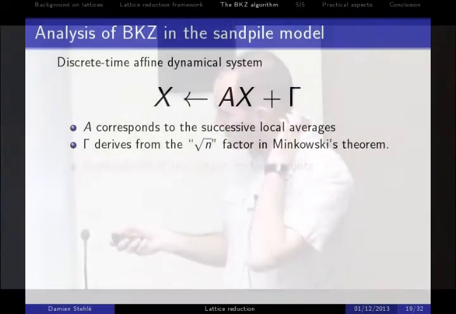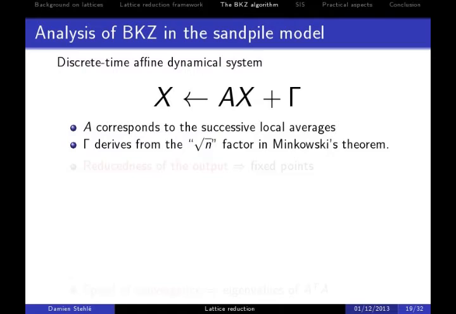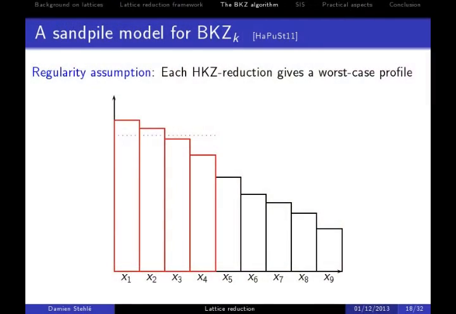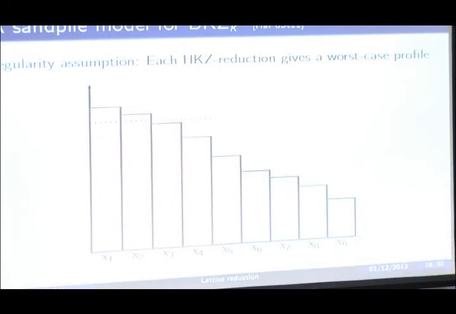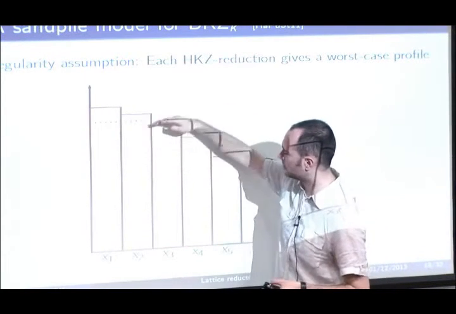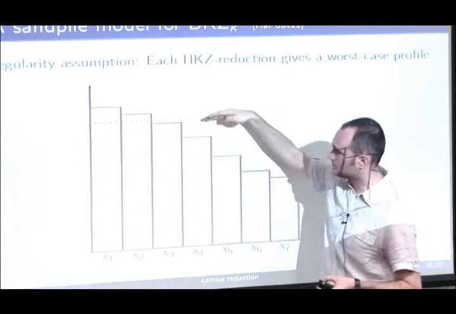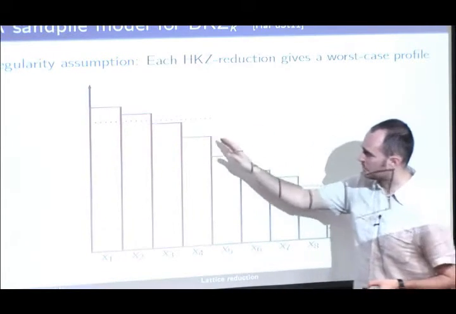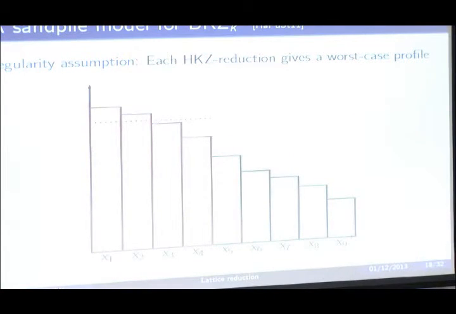Okay, so let's analyze this. In fact, if you look at what a tour means, a tour applied to the x's is an affine transformation on the vector of the x's. So what is this affine transformation? Every time I do an average of x's, I multiply the x's by the all one matrix divided by the block size. So if I make the average of the x's, I just apply the all one matrix to the x's and divide by the block size. And the offset is adding to the x's a constant vector.